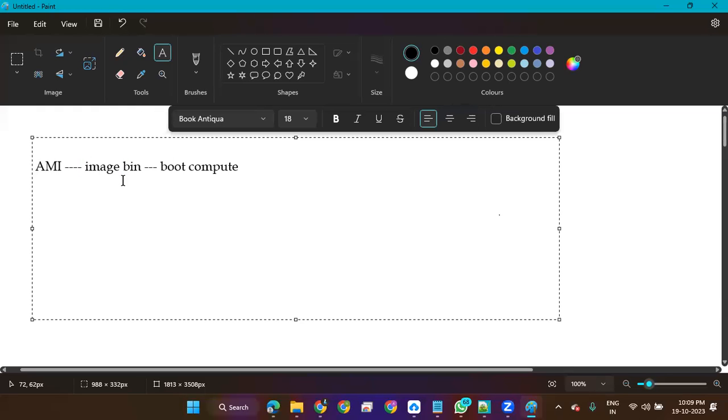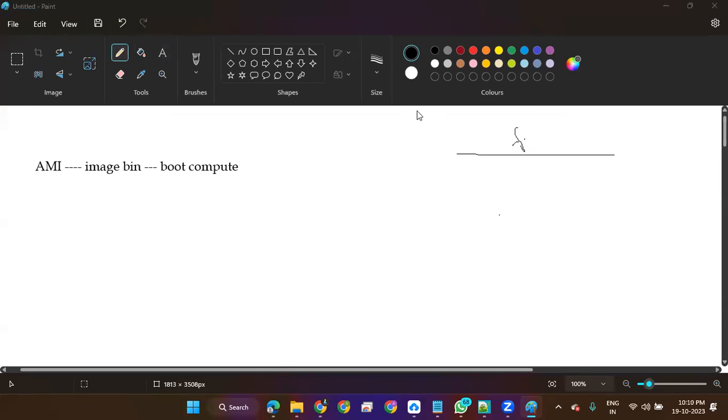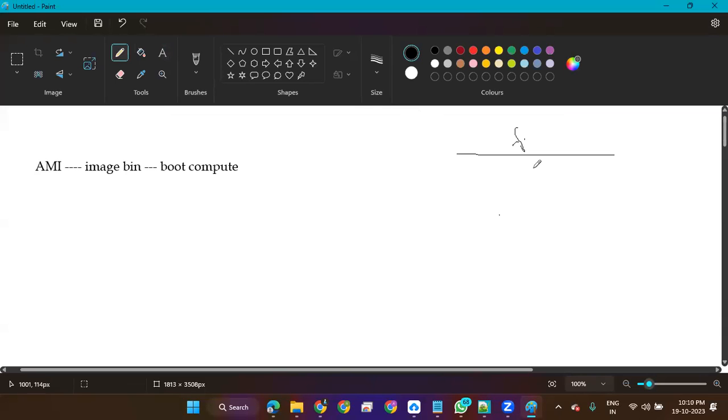We are executing this binary and it has an architecture hierarchy. Hierarchy means, if you are writing something, like your father, and then son and grandson, like this.